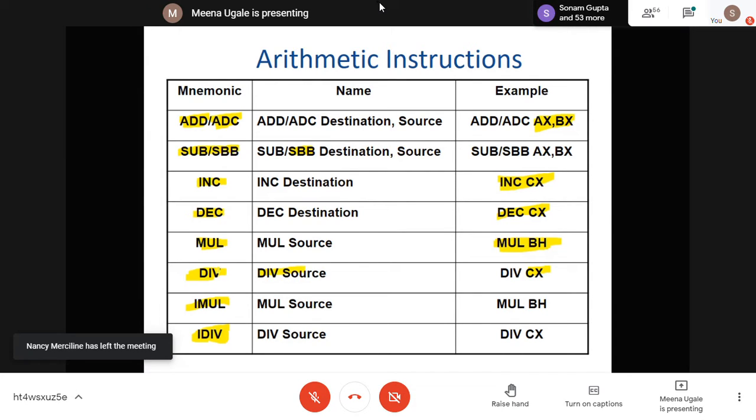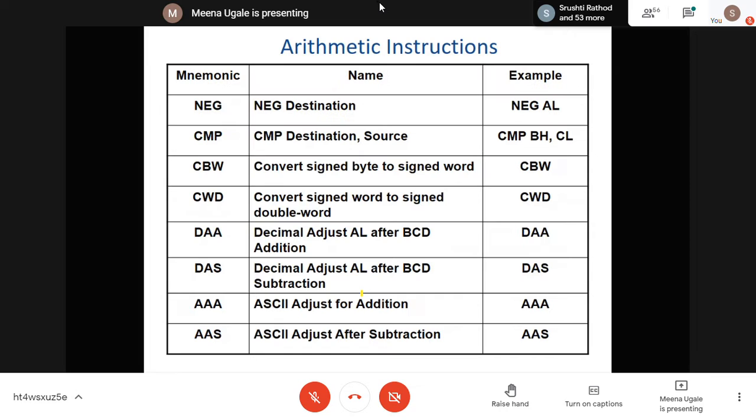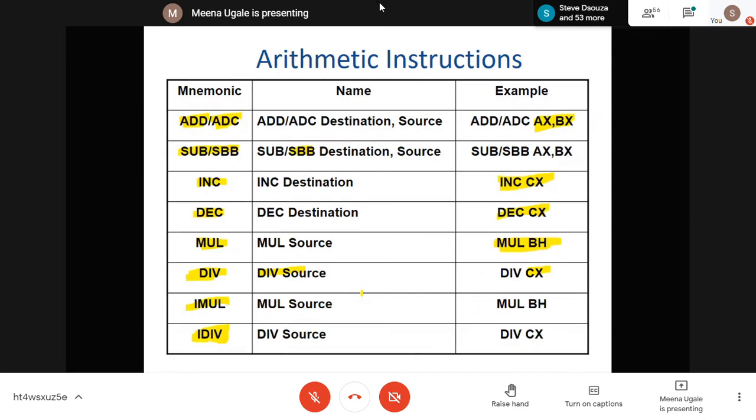All these instructions we are going to see one by one in the TASM so that you will understand how these instructions work. This next group of instructions we will continue in the next practical or next session, because whichever instructions we have just seen here, we will try to write programs on them. It will give you more understanding of these instructions. And then in the coming sessions, we will go for the remaining part of the instructions.